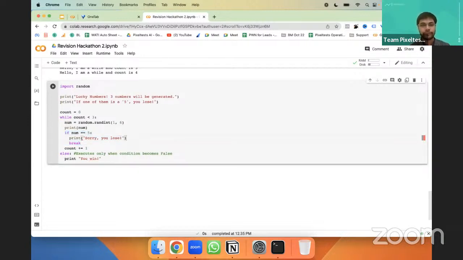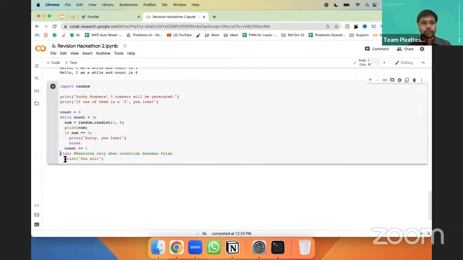So if from 1 to 6, 3 numbers, any number generated is 5, the human loses, else he or she wins. So you use else in the same line as while, so you do not have to indent else.